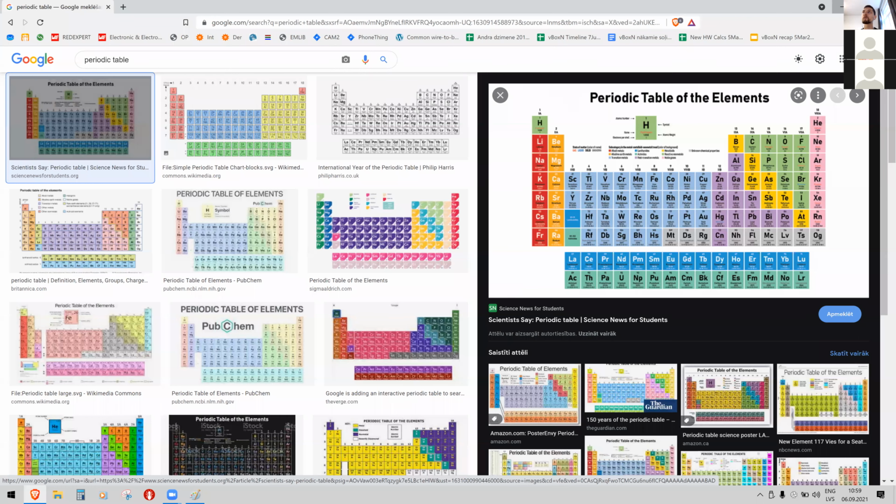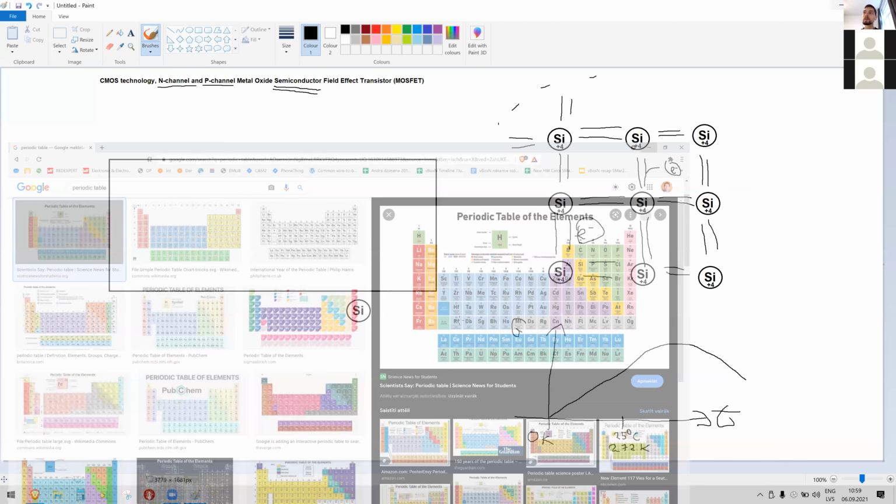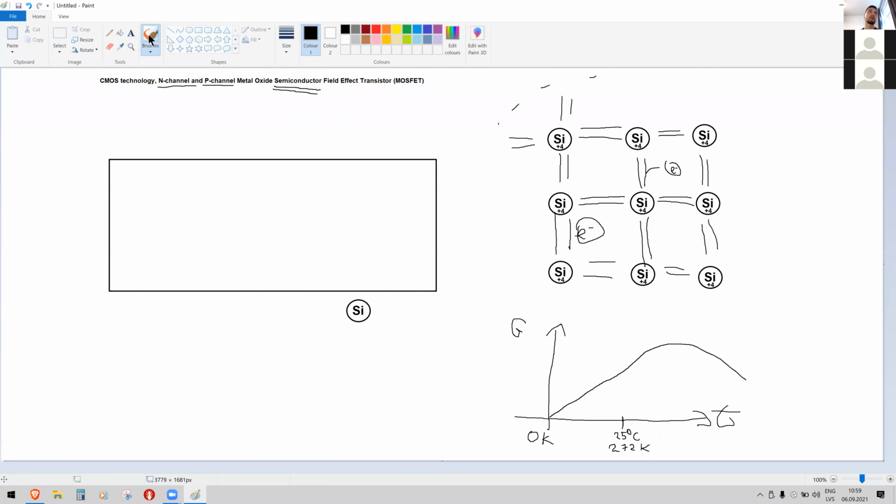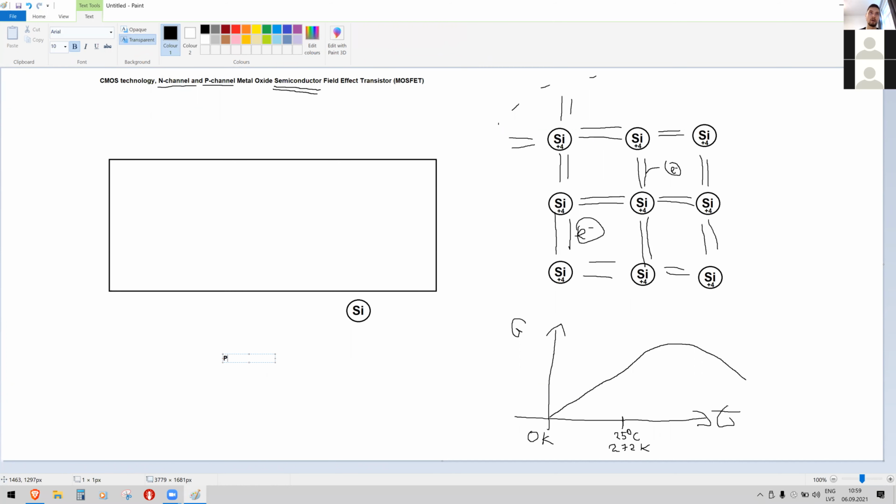So let's use phosphorus. Let's say that somebody decides for whatever reason that they will put phosphorus atoms, P. Or maybe I'll write it with text. P, size 20. So phosphorus has